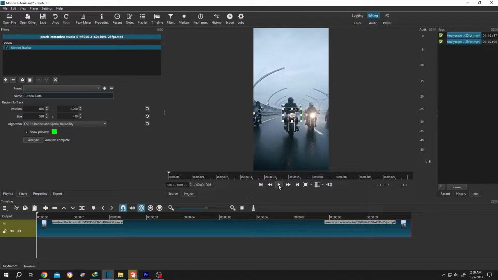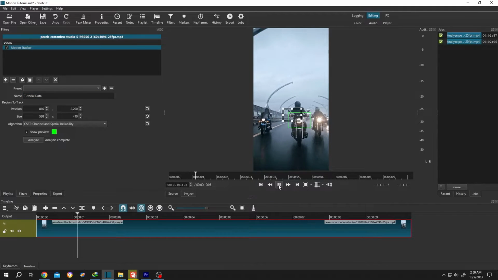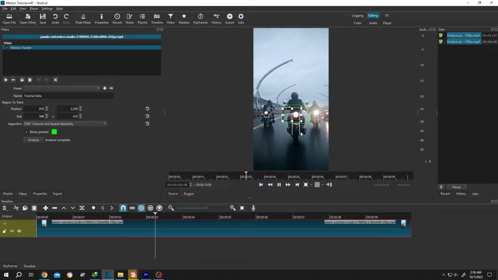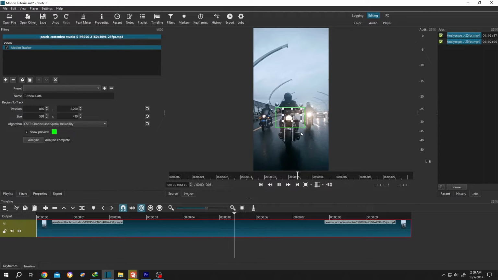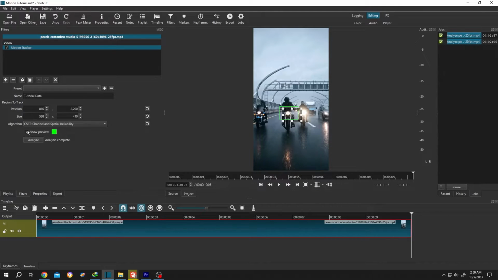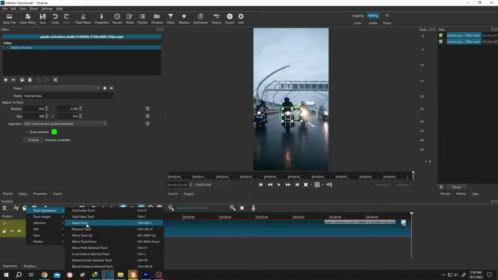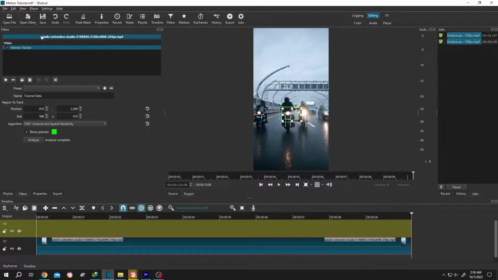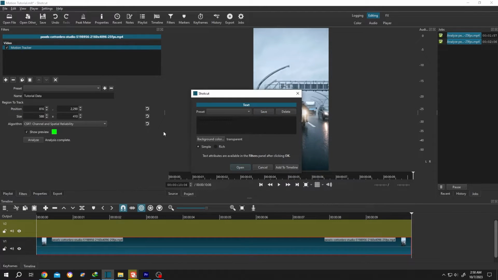Let's see what we got so far. Seems like the tracking is working properly. We can hide the preview box by clicking on here. So let's add a new layer, right click, track operation, insert a new track, add some text, open other, text,